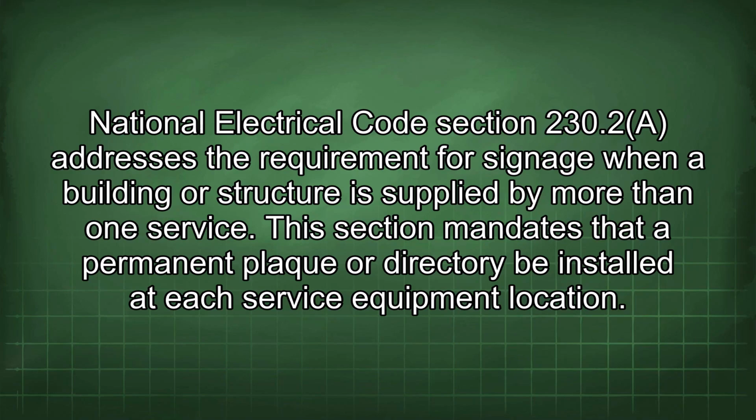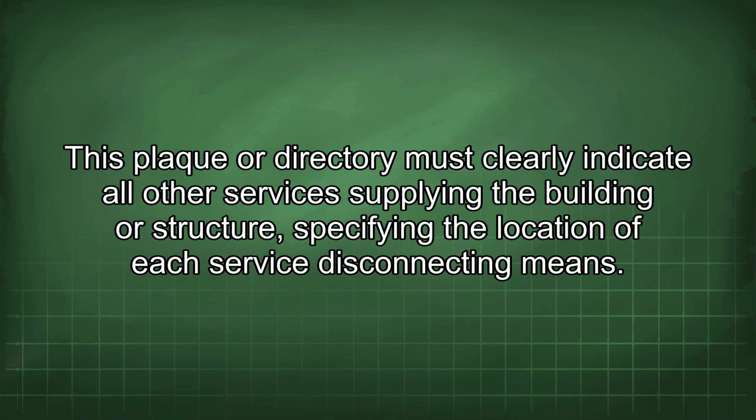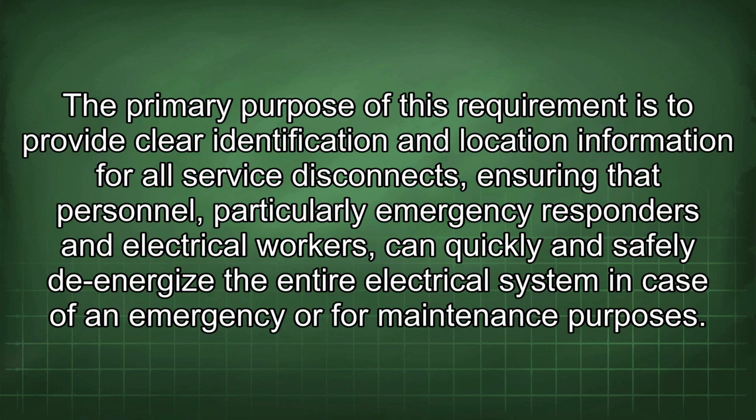National Electrical Code Section 230.2 addresses the requirement for signage when a building or structure is supplied by more than one service. This section mandates that a permanent plaque or directory be installed at each service equipment location. This plaque or directory must clearly indicate all other services supplying the building or structure, specifying the location of each service disconnecting means. The primary purpose of this requirement is to provide clear identification and location information for all service